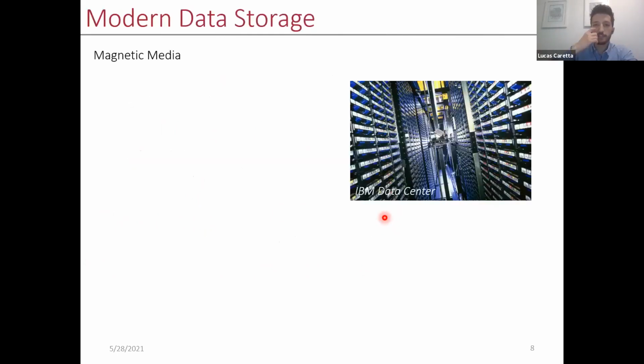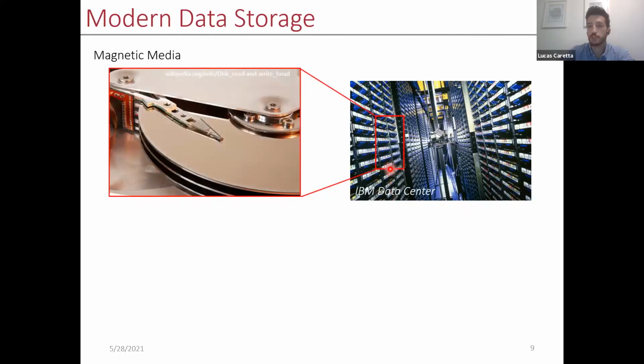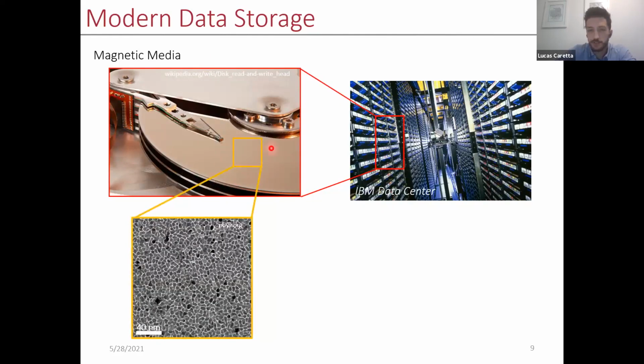Okay, so let's begin. Most data on Earth today is actually stored magnetically. Most things you store on Dropbox or in the cloud or Box occur in these data centers, such as this IBM data center. And it's mostly magnetic, either through magnetic hard disk drives, or actually magnetic tape is still widely used for long-term storage. If we take a close look at one of these hard disk drives, you'll see that there are a series of platters. If you zoom in on these platters or disks, you'll find billions and billions of magnetic grains. It's the magnetic state of one or a group of these grains which can represent a 1 or 0 bit of information in binary code.